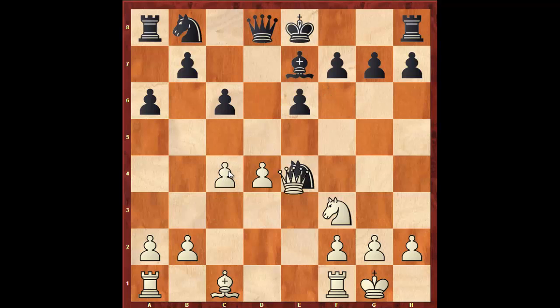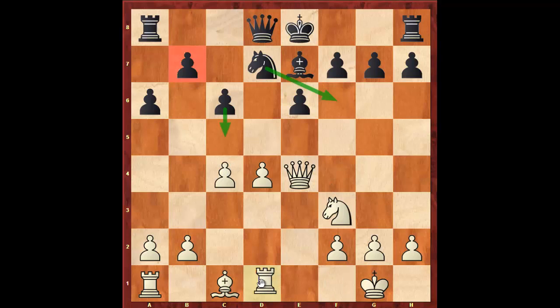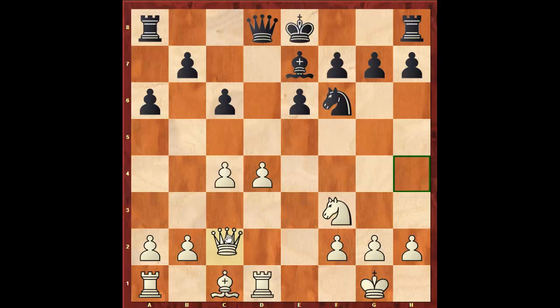e4, d takes, and knight e7. If knight f6, it's okay, but c5 is the main idea. Try to break and try to get some space, but the b7 pawn would be hanging. That's the main drawback right now. And I think of something like maybe rook d1 probably, knight f6,